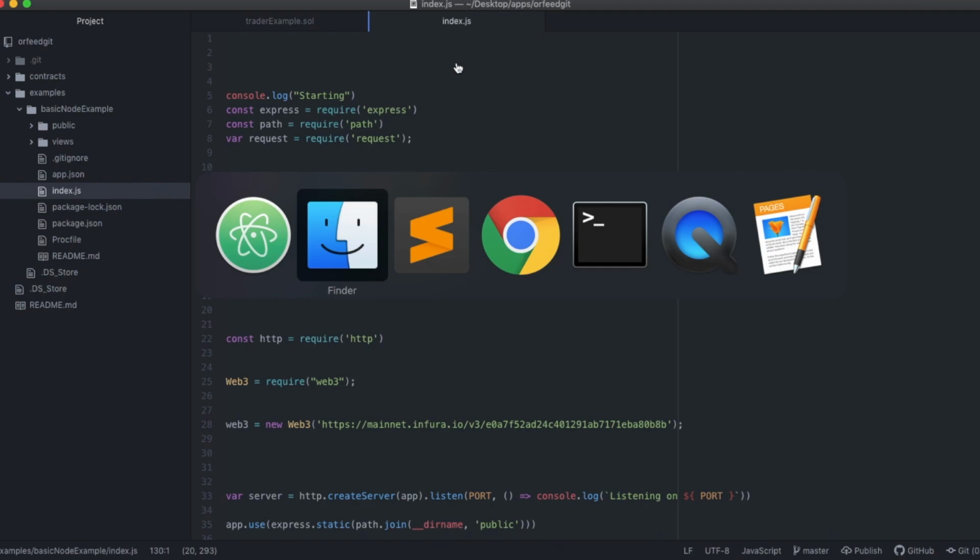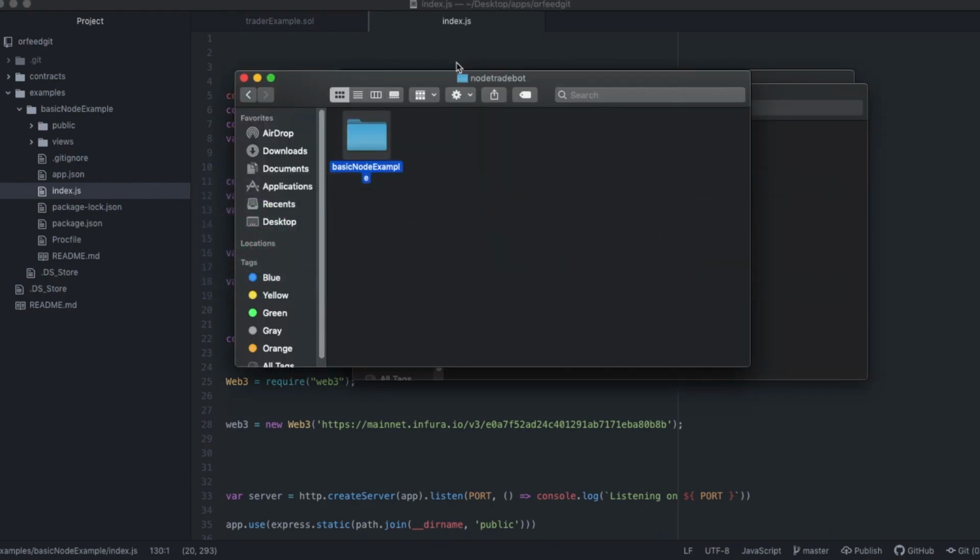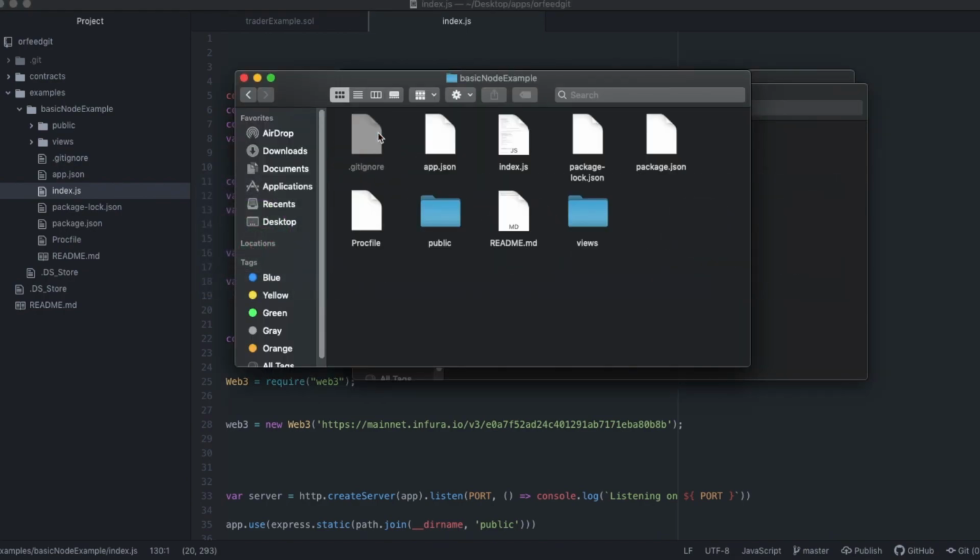And if you look at this directory, inside of here you'll notice there's an app.json file, a package.json file, a Procfile, a README file, views, and public. Views and public are just Heroku templated. The Procfile and app.json just get Heroku up and running as far as deploying your application. So you don't have to touch these. The only thing that you're going to have to touch is your index.js.